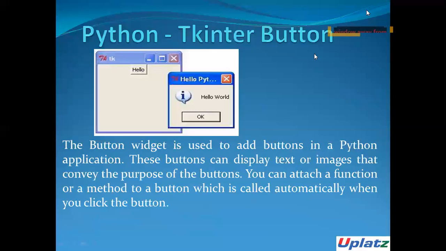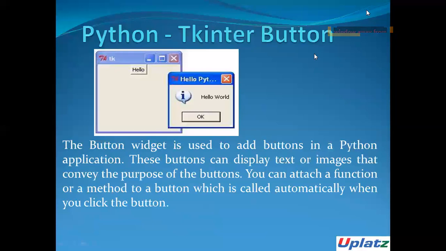Apart from this, regarding the syntax of the button, when we use the button widget, we need to pass some parameters into it. The most common parameters are the master parameter and the option parameter.